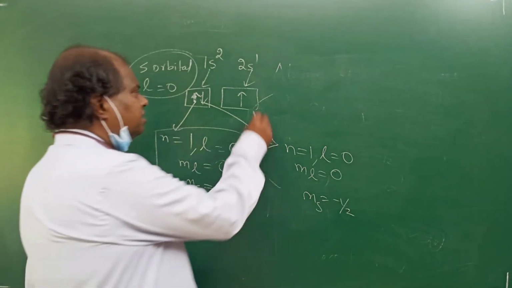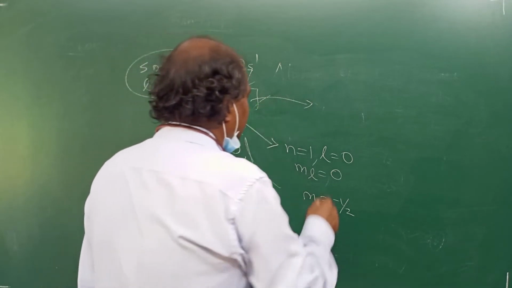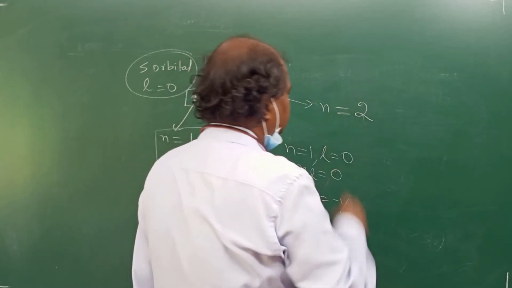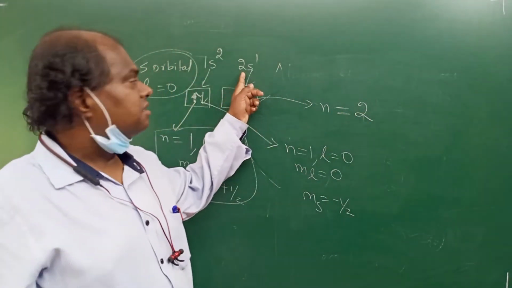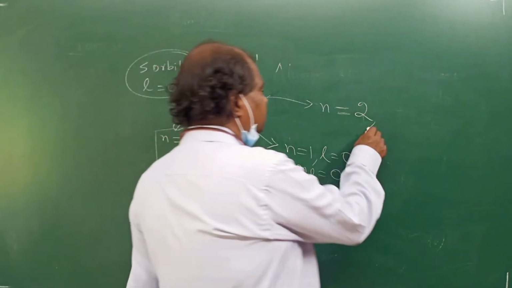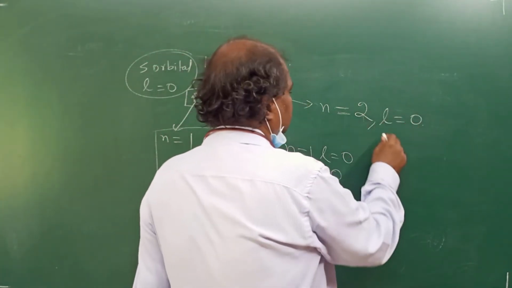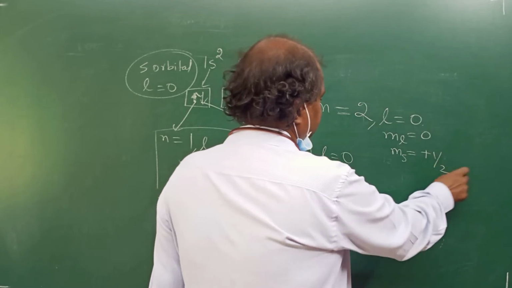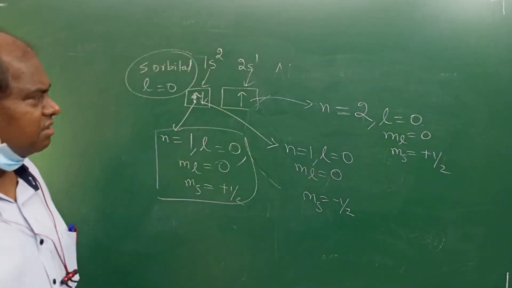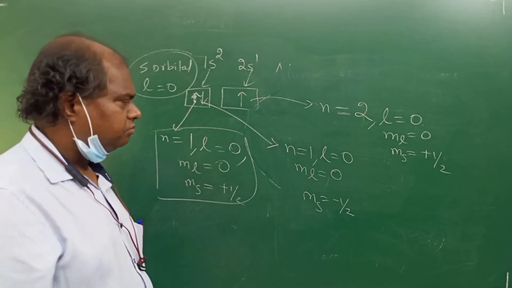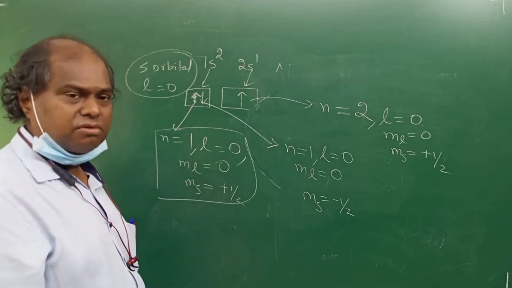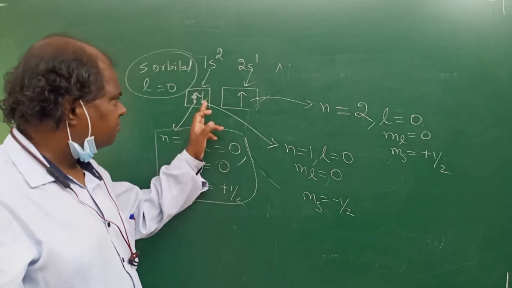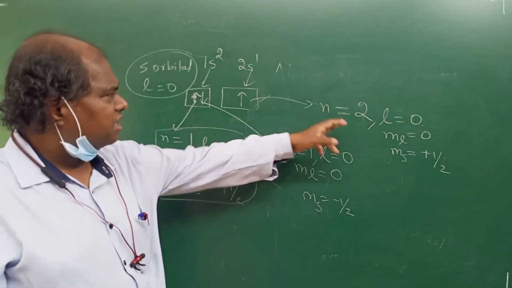Okay. Now you take the third electron. How do you write? n is equal to, but remember students here, n is equal to 2. Is that clear? n is equal to 2, l is equal to 0. If l is equal to 0, ml is also equal to 0, and ms you can take as plus half. Students getting it? So this will be the situation for lithium now. ms is plus half for one, minus half for the other, and for the third electron, you write like that.